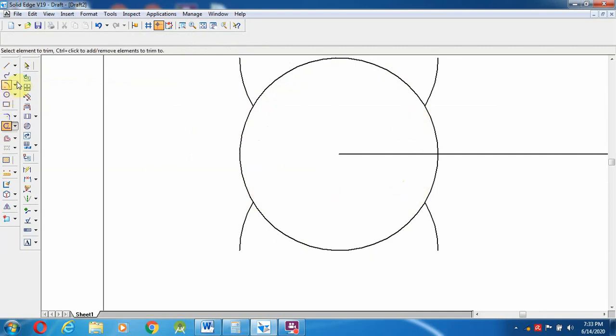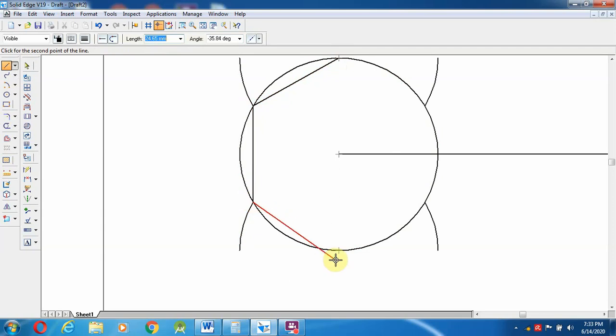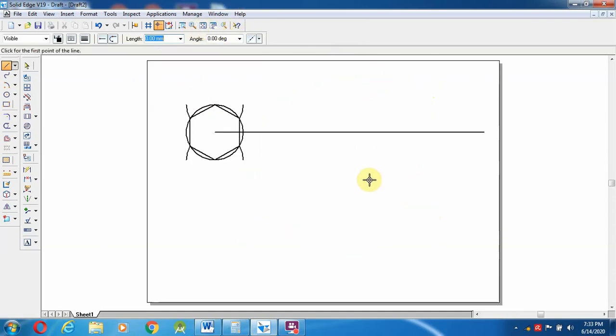Okay, so select a line from the mid of the circle at the top to the end point over here, and again the mid, the end of the arc, and from here the end of the line or the mid of that arc center, then give OK.